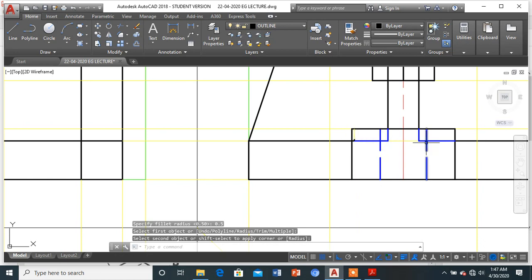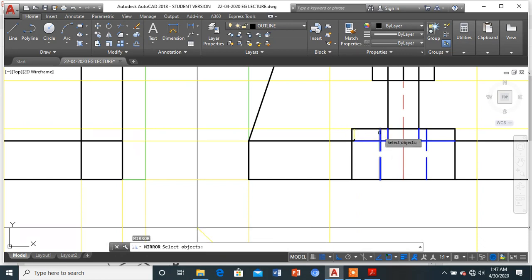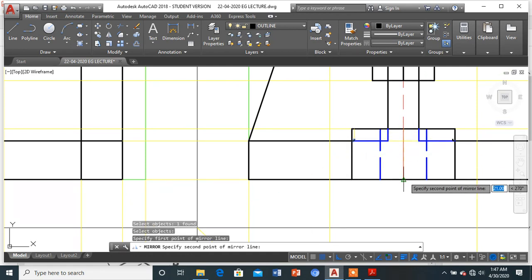Okay, so as I'm done, I can get it on the other side as well. Selecting this, and I'll be doing it like this. So here we are done with the side view.